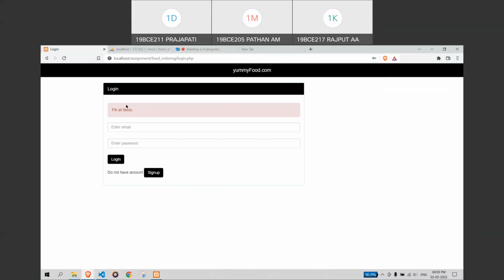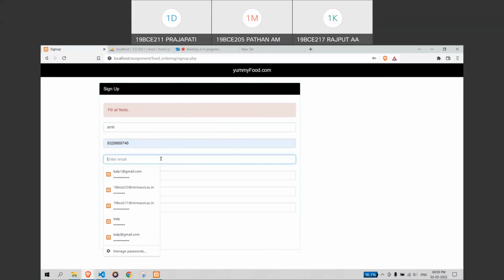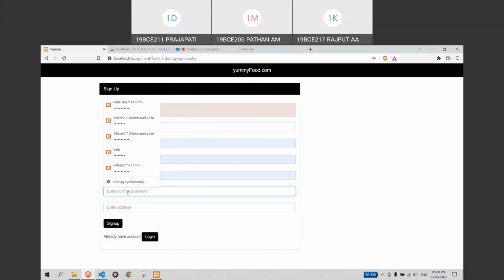Yeah, so this is our sign up and login UI. First I am entering some details on the sign up page to check validation. If I enter this already existing email,